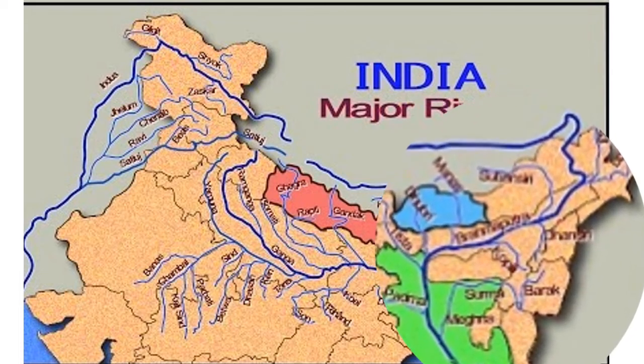And students, the last is the Brahmaputra plain. It lies in Assam. It divides Assam into two parts, North Assam and South Assam. It flows from the eastern side of Arunachal Pradesh. As it comes down, it moves towards Bangladesh, and the plain along the Brahmaputra river is the Brahmaputra plain.